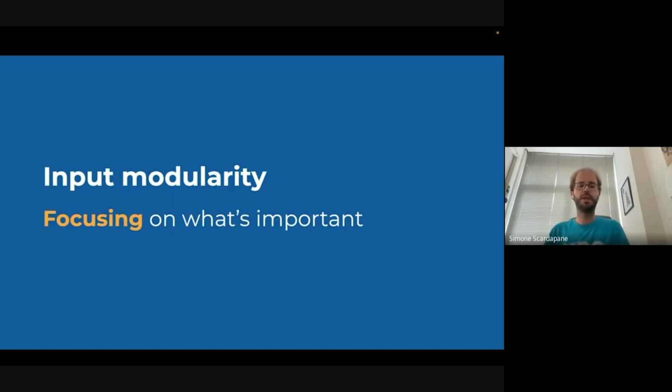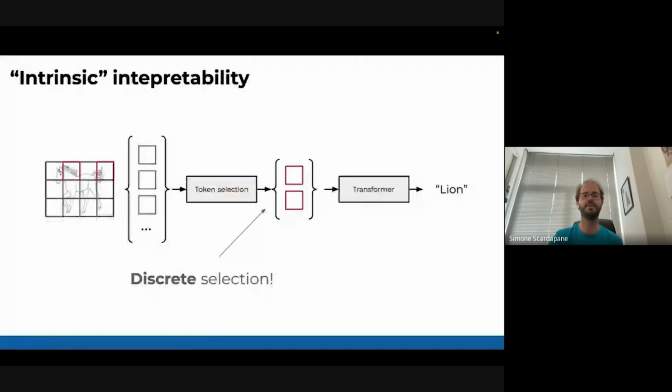The third one is very quick, but I wanted to conclude this overview. We've seen that you can use discreteness to remove layers, and you can use it to remove blocks, and in both cases you get some interesting things. Turns out you can also use it, and that's the last thing that is missing, to remove inputs.